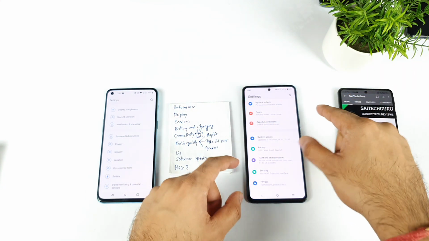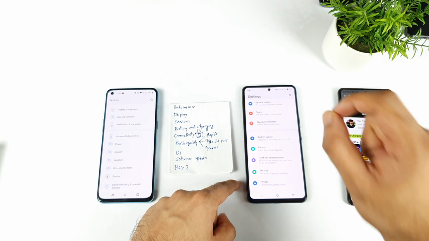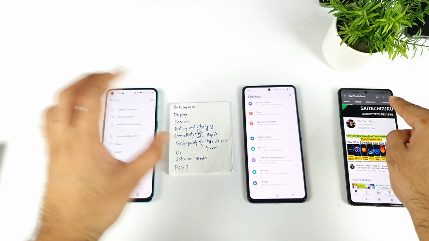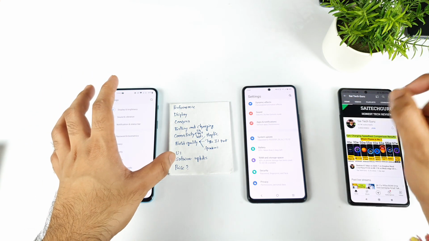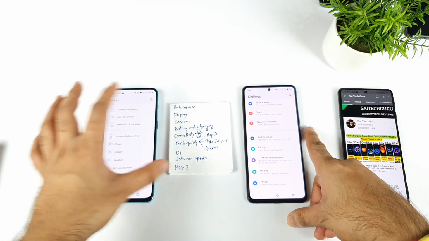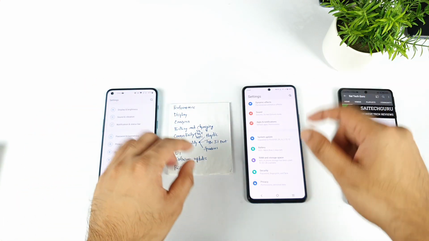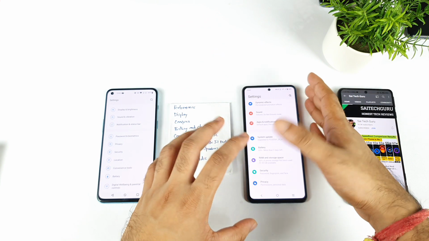So try to check as soon as you receive the iQOO 7 device, try to check whether you got the green tint or not. Make sure to watch my videos, type in YouTube green tint iTechGuru, you can find all my videos. So in the performance segment, iQOO 7 device, in the display segment, iQOO 7, if you delete